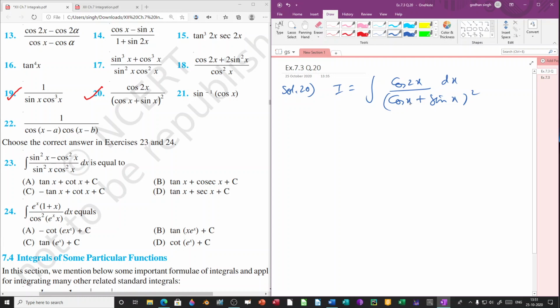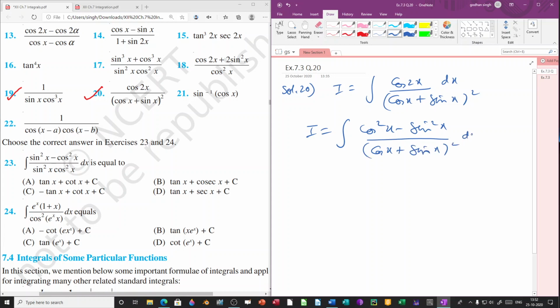Now in the denominator we have cos x plus sin x whole square. So we can write cos 2x in terms of cos x and sin x. So I equal to integration of cos square x minus sin square x, because we know that cos 2x can be written as cos square x minus sin square x, over cos x plus sin x